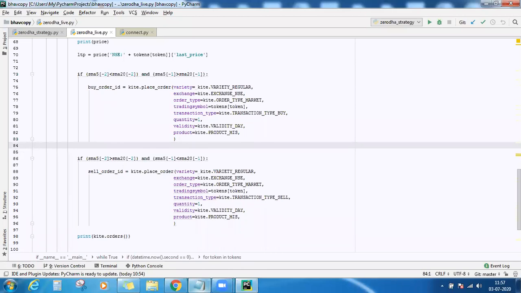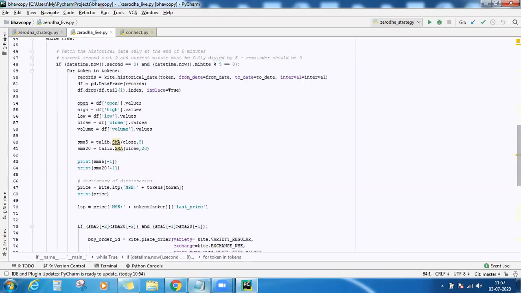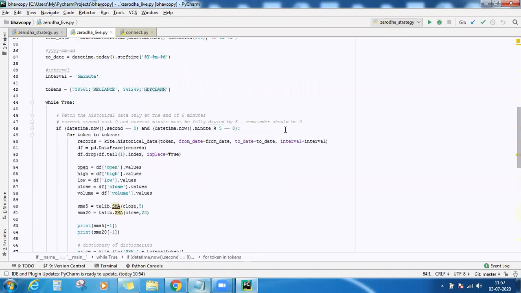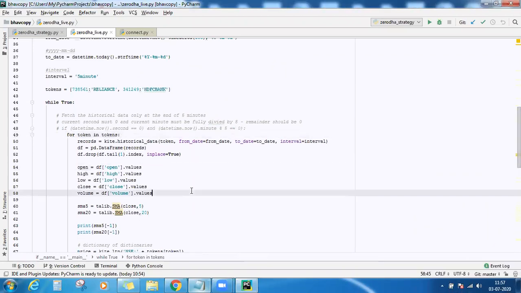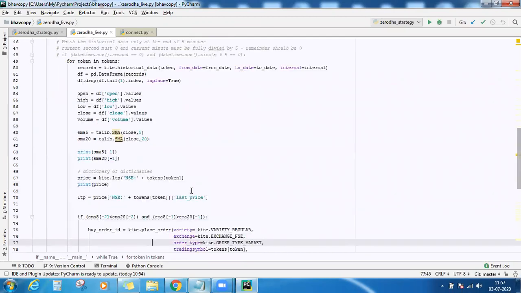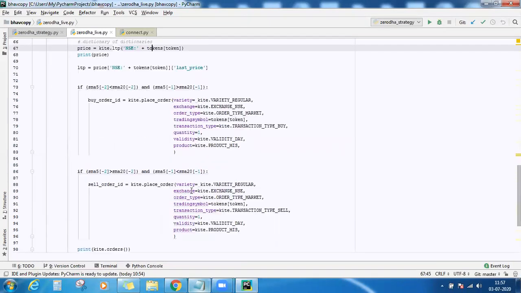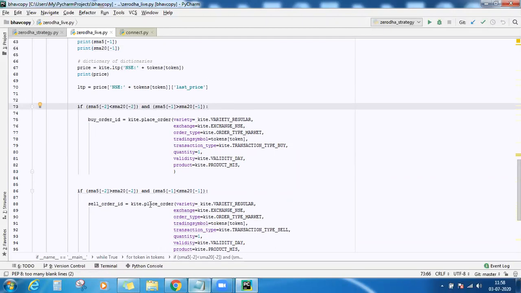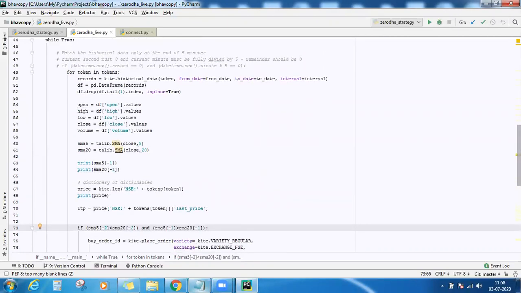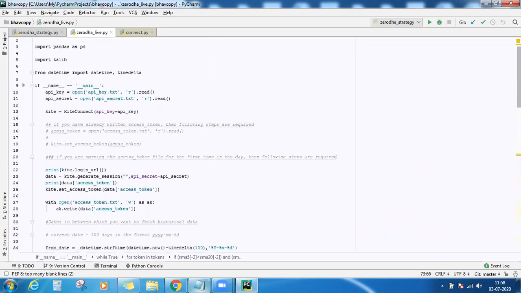So this is it. This is the program which will now scan for this SMA crossover and cross under. So since we are running it for the first time, I'll remove this if condition because it will wait until the time is 12 o'clock. So I'll remove that, and rest of the values are same. And an order will be placed now only if this criteria gets satisfied. If that does not get satisfied, it just runs the while loop continuously. So let us run this.